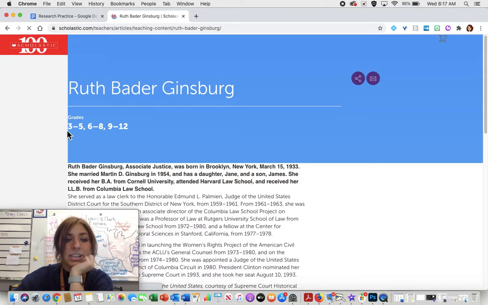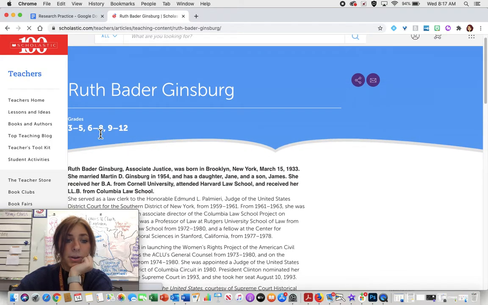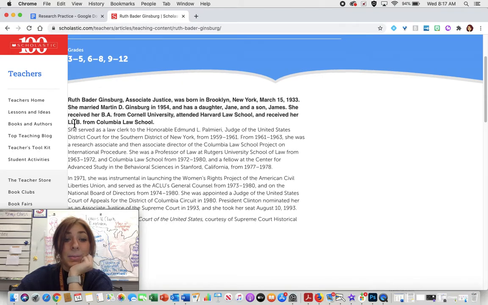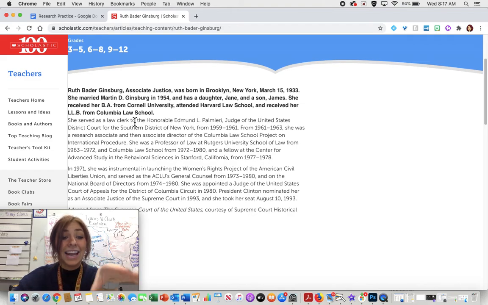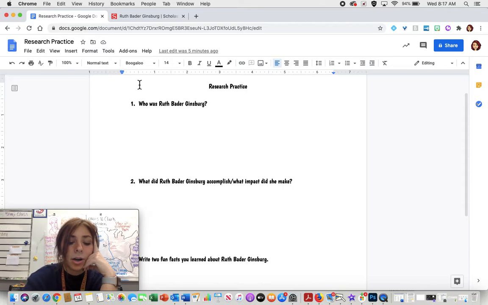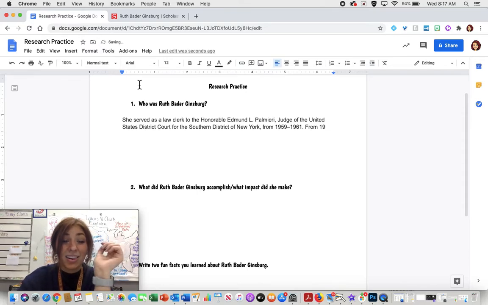I can see up here it tells me what grades this is appropriate for, and third grade is one of those. So I am going to look for the information, read the information, and apply it and transfer it over to my research practice. Now what's most important is that I'm not going to just copy and paste, right? I'm not going to just come back over here and take directly from the source,